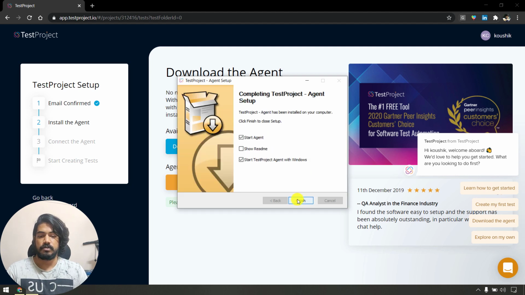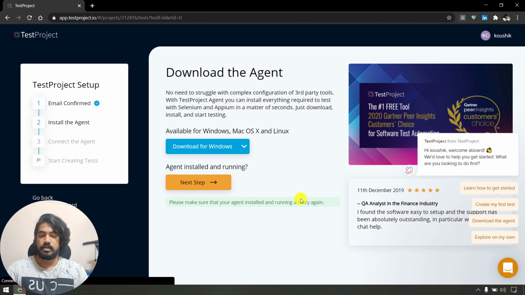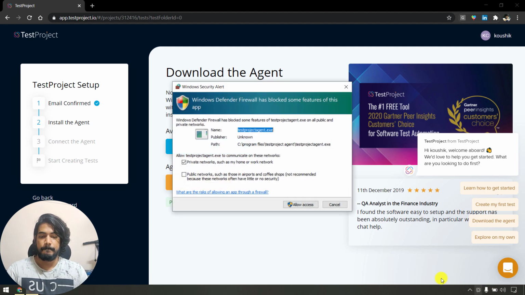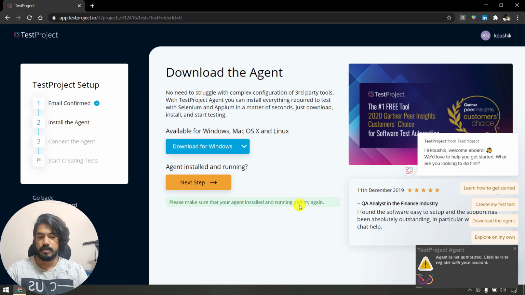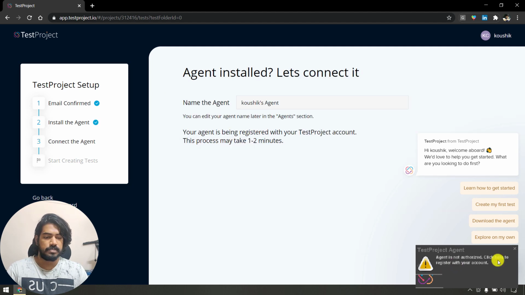So let's go and click on next and start agent. Start agent with Windows, I don't want to do that. Let's click on this. This needs access. Agent is not authorized. Click here to register with your account.